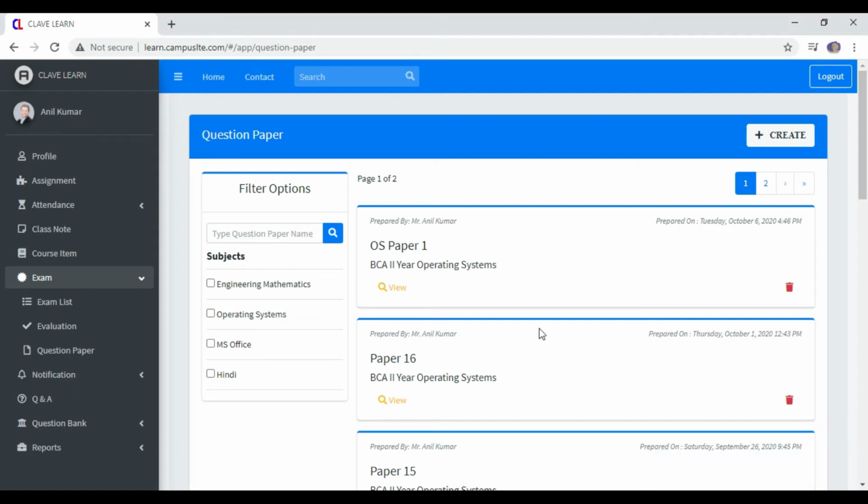This is a question paper module. In this, we are choosing the question from the question bank which is already prepared. Once a paper is prepared, it can be reused for next exams like retest. In this window, you can see the question papers. There are options to filter your respective question paper.